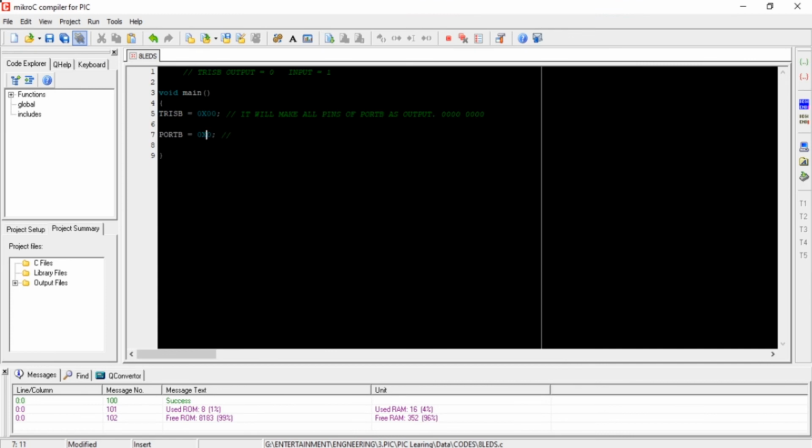To turn on, we provide data 0x00, which will turn on all LEDs. Then write another command, PORTB = 0xFF, which will turn off these LEDs.